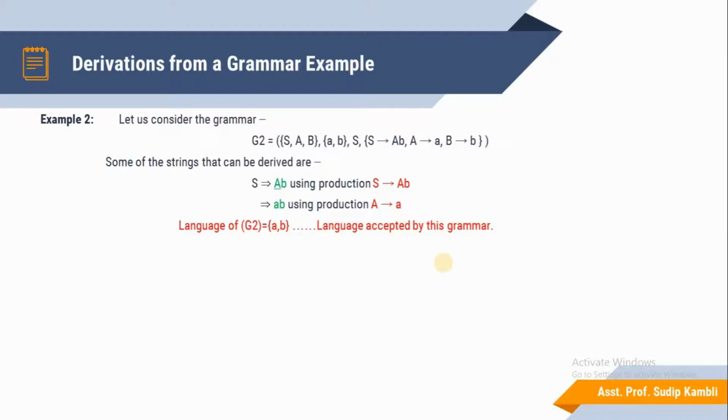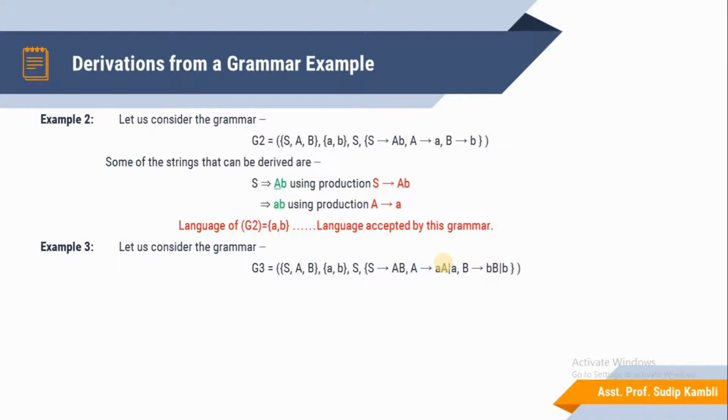So in the next example, similarly looking at accepting strings using production rules, let's consider grammar G3 with non-terminal symbols S, A and B, and terminal symbols a and b. The start symbol is S, and the production rules are declared. We carefully read these production rules. The second one is A derives aA, the first rule, or otherwise A derives a.